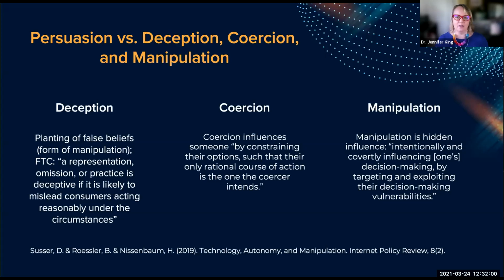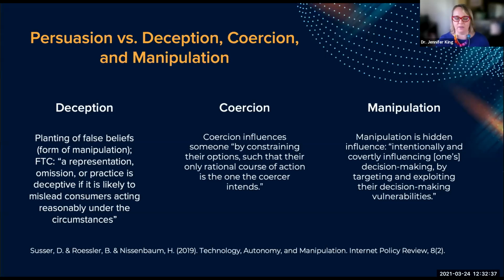Okay, so this is trying to covertly influence your decision-making and really targeting people's vulnerabilities to get the outcome that the manipulator wants. In general, when we look across dark patterns, we see deception being, in my mind, one of the easier areas because it's generally pretty simple, or not always simple, but at least you can often evaluate something as being true or not true. It's coercion and manipulation that end up being the tricky areas that we have to try to determine, because a lot of it is trying to understand what is the individual's best interest or their self-interest.